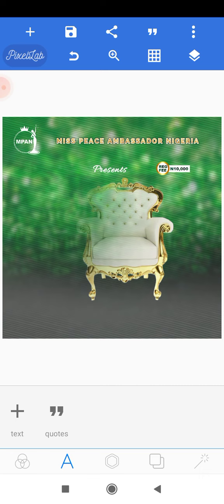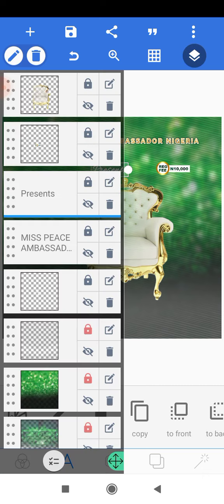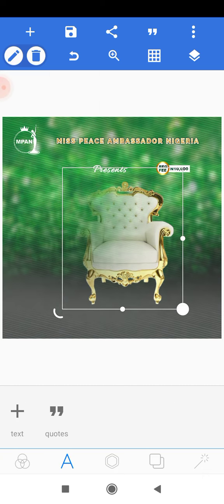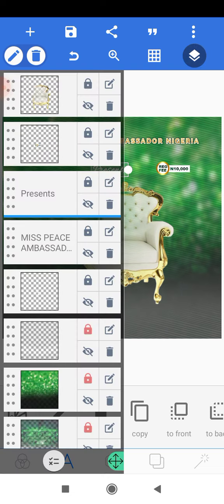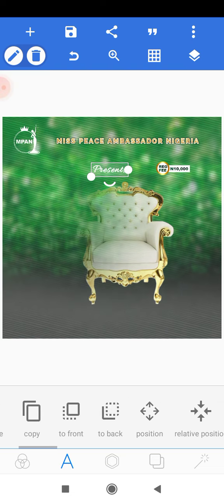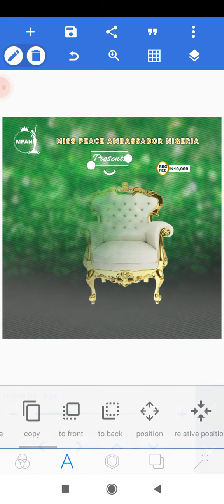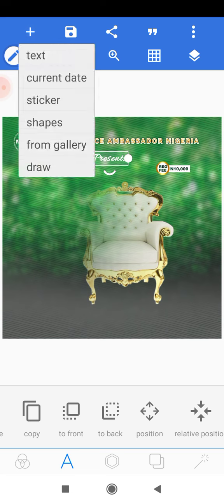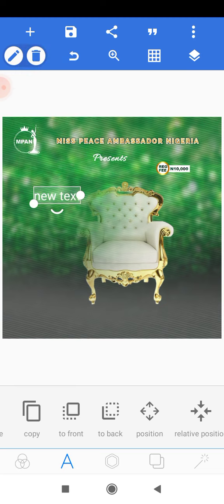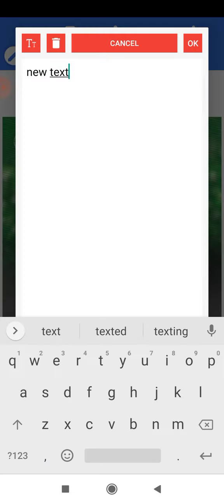Let me take this text up a bit. So I take the present text up a bit by using the positioning option. Let me leave it here for now. The next thing I want to do is to place the text "who is fit to wear the crown." So I head on to the text option here, and I drag it all the way. I double click, and then I add the text